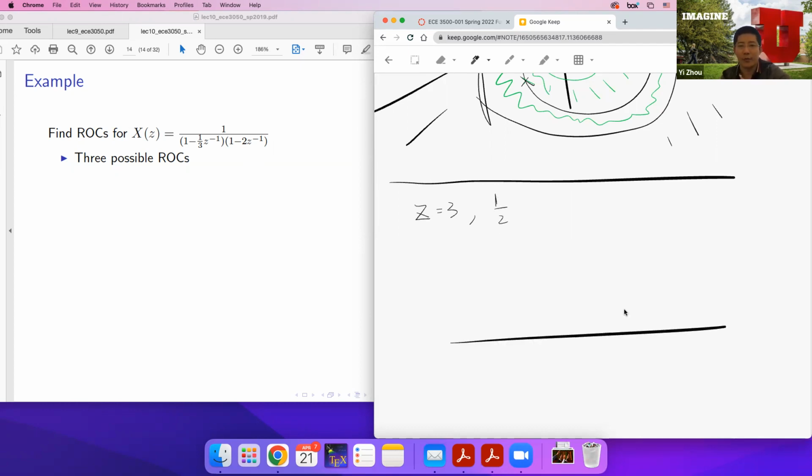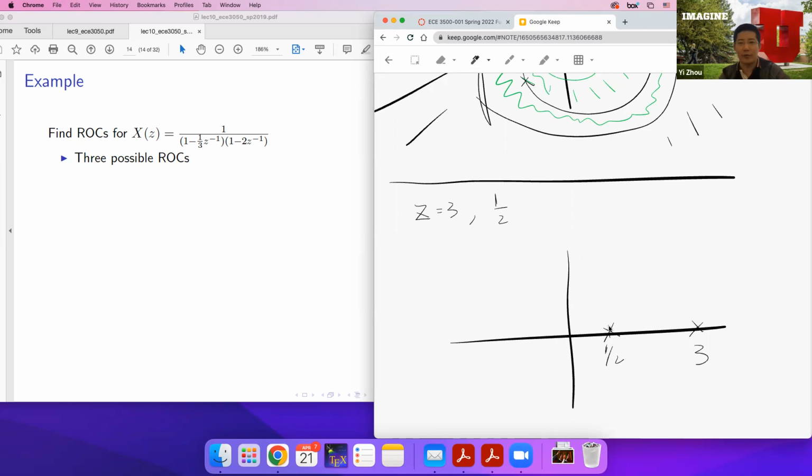So you can draw them on the 2D plane. You have 1/2 and 3. These are two poles, and these two poles will divide the entire 2D plane into three ring-shaped